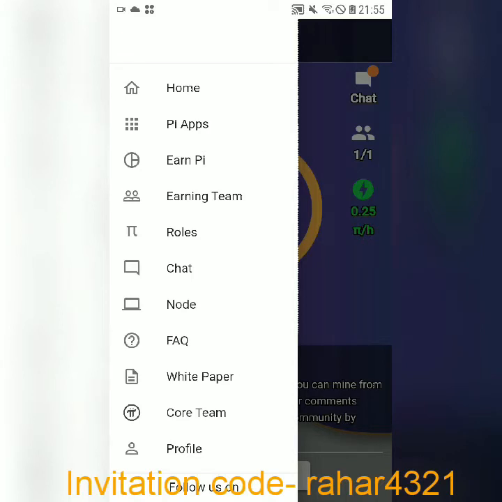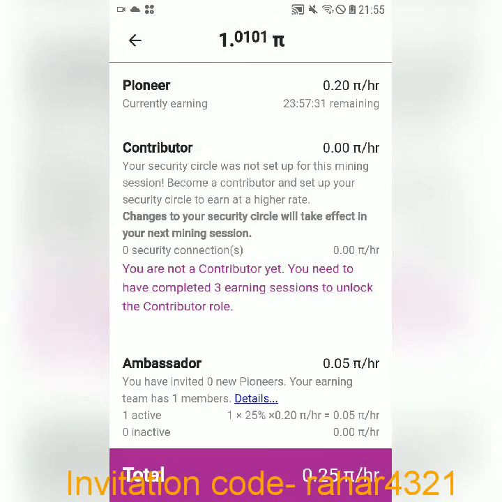If we press, we see home, Pi apps, on Pi. In on Pi we see pioneer, and at the right side we see 0.25, that's our earning speed, and below pioneer there is currently earning, and there is 23 hours 57 minutes 17 seconds remaining, means after this time it